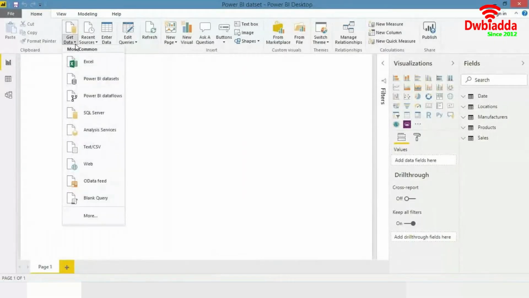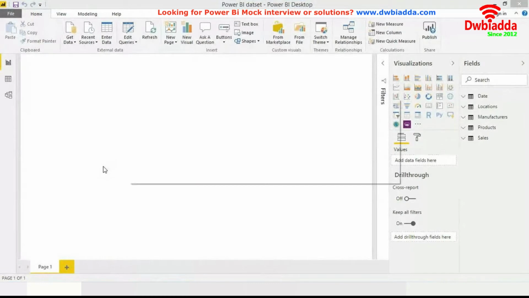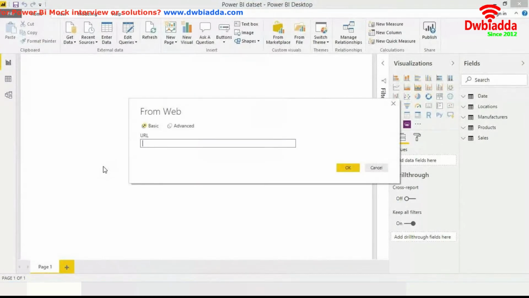First of all, what are the sources that you can connect the data set from? You can do a simple Excel file or a CSV file. That's the very common one, because these types of files are readily available on your local drive. Everyone is working on Excel files and CSV files. On top of that, you can also hop onto the web and import data from any link that you have. It could be a Google Sheet. You can drop a link of a Google Sheet over here and import the data from it.